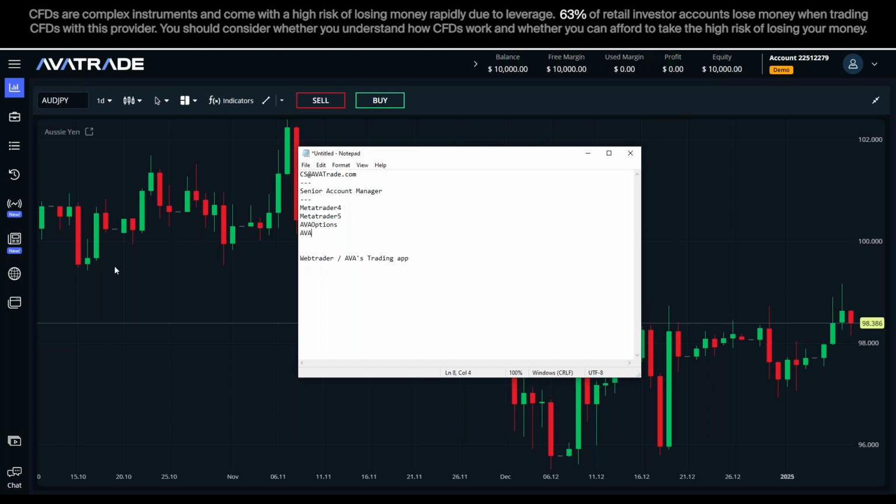Beside that, we have Ava Options and Ava Social. Ava Social is a unique app, which is a social media trading app. What it allows you to do is follow or copy another trader. Okay, there are two main features, copy and follow. Okay, the difference is